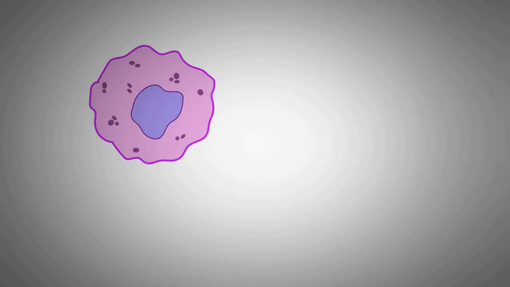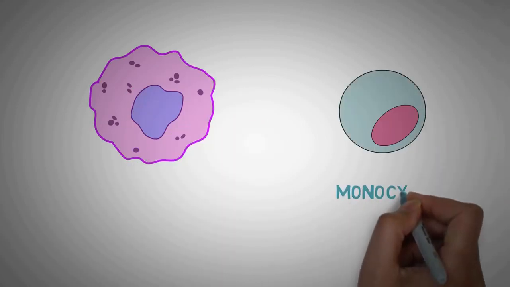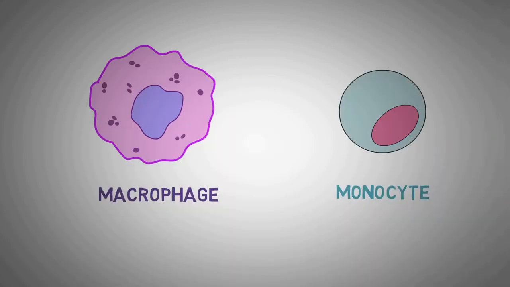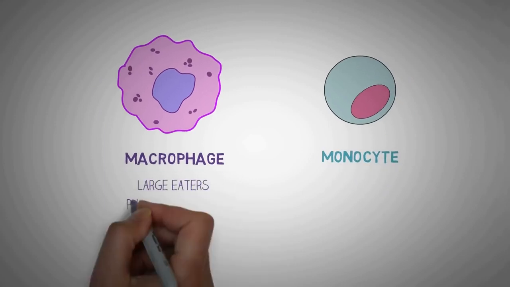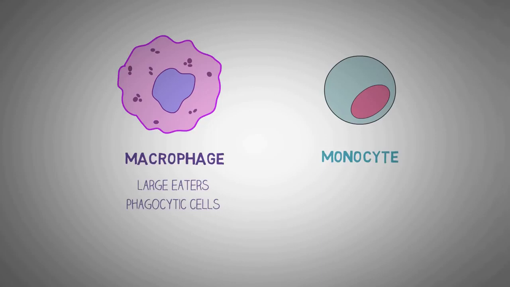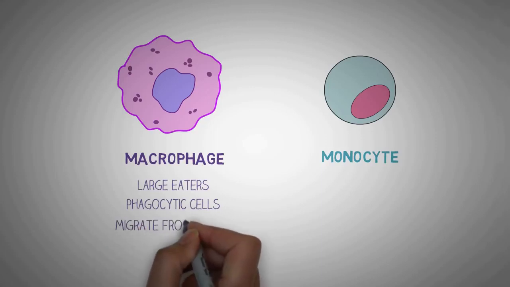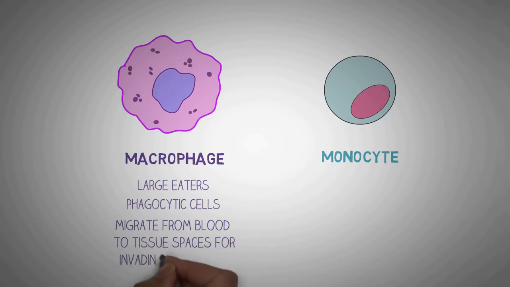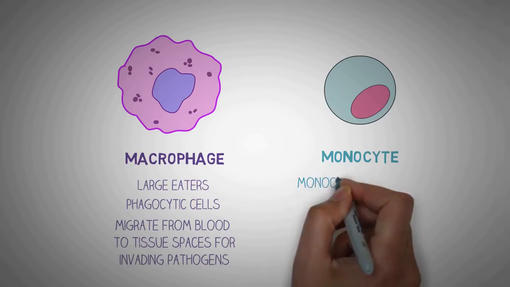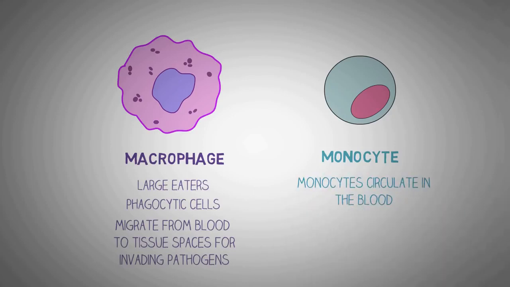The next two important cells that we have in the innate immune system are the monocytes and the macrophages. Macrophages, from the Greek word meaning large eaters, are large phagocytic leukocytes, which are able to move outside of the vascular system by migrating across the walls of blood vessels and entering the areas between the cells in pursuit of invading pathogens. Similar types of cells, when present circulating in the blood, are known as the monocytes.